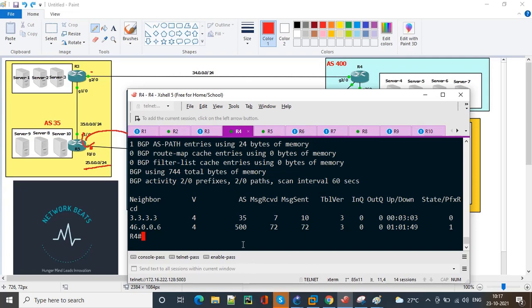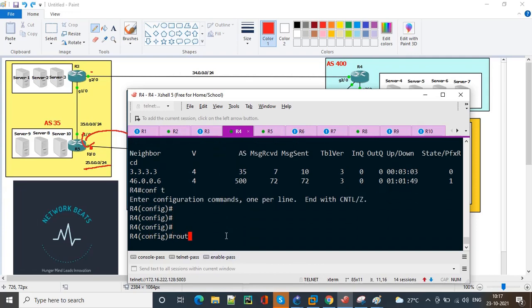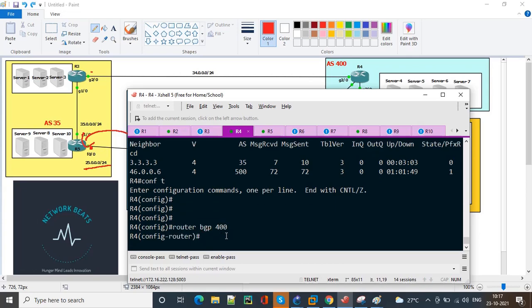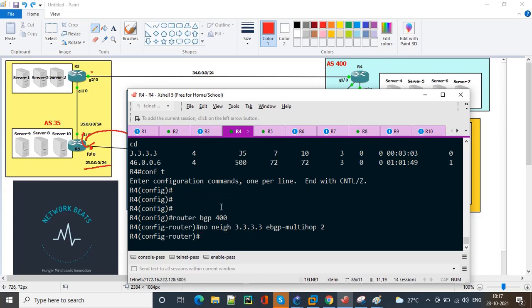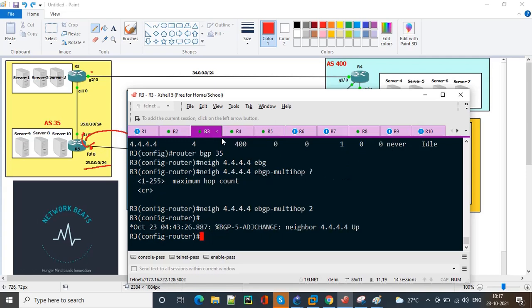In the other way, let me remove that configuration. Router BGP 400, and I'll remove the neighbor eBGP multi-hop 2 command. In router 3 also, let me do the same.